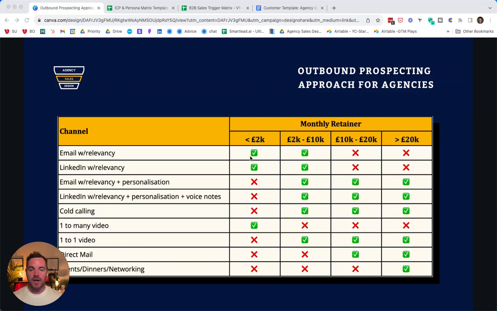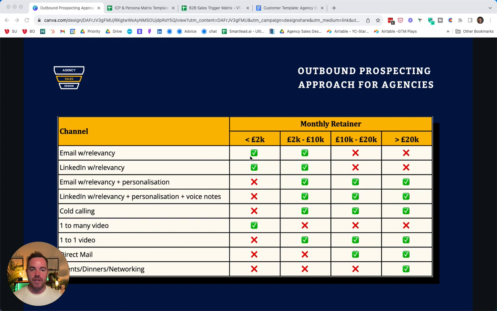A day to answer an almost impossible question, which is: how do I approach prospecting to enterprise customers or prospects? It's so hard to give answers to questions like that because there's no real silver bullet answer that applies for multiple companies targeting different audiences, different verticals with different services and different price points. However, I let that sit with me and I wrote down a few different ways that you could potentially think about what channels are going to be best for your prospecting efforts, especially for marketing agencies.